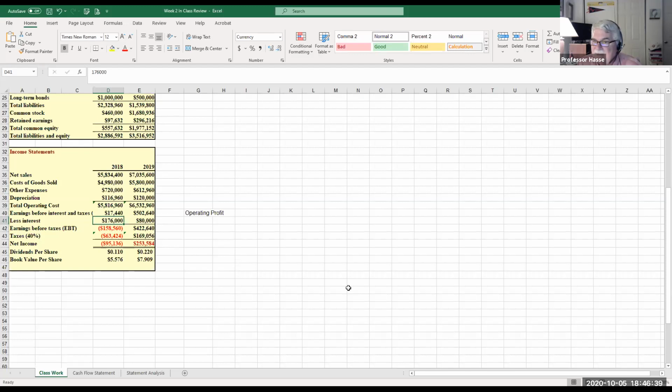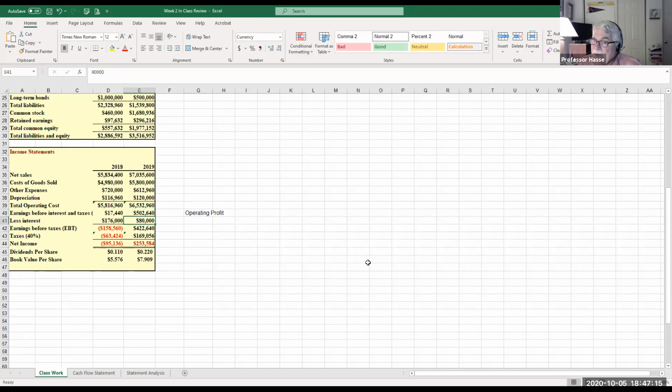Interest was $176,000 in 2018. Oof. And taxes. This company's tax rate is 40% of profits. Now, naturally, in 2018, they had a net loss in earnings before taxes, so they got a refund back. 40% of this is added back in, so that's why they only lost 95,000 instead of 158,000, because they got a refund. But in 2019, when their operating profits were a little bit over $500,000,